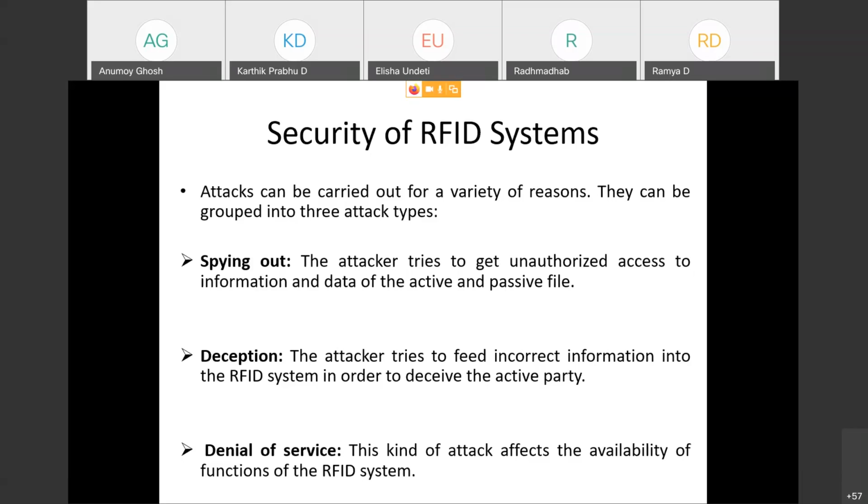Once the cryptography is done, whatever data is fed by the middleware to the controller is encrypted data. So a spyware cannot detect that encrypted data unless it has the key. The second is deception. Deception is with the RFID tags. Suppose I am a driver going through the toll tax. If I can modify the tag in such a way that even if I don't have balance, it will show that I have balance,